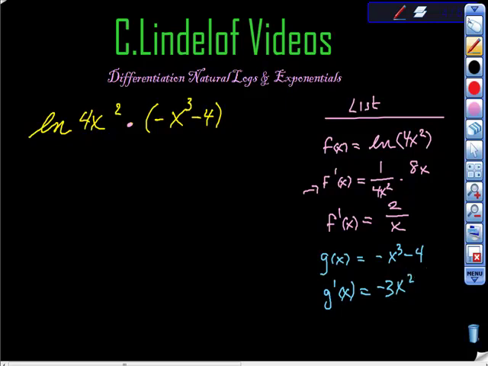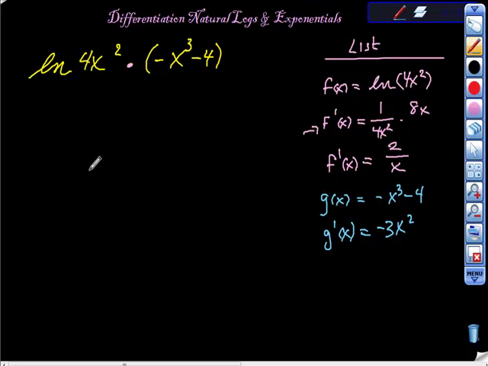So I'm going to take this list and build what I said I was going to do. I said I was going to take my derivative and call it y prime. And it's f of x times g prime of x plus g of x times f prime of x. So I'm just going to build that. That gives me ln of 4x squared times the derivative of this piece, which is negative 3x squared,